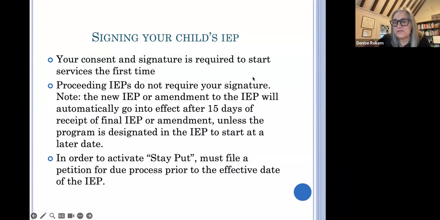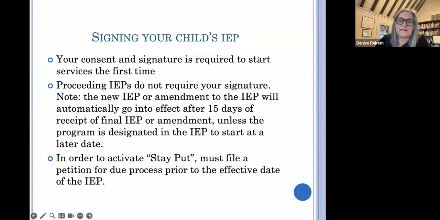The thing that I would just want to make clear is if you have your IEP meeting, like let's say it's just the annual IEP meeting, it's not about changing something right away. Let's say you meet in May, but the IEP is really going to go into effect in September. You're meeting about next year's IEP. You have more than the 15 days in order to file for due process. You can file for due process just before the date that the IEP is going to be implemented in September.